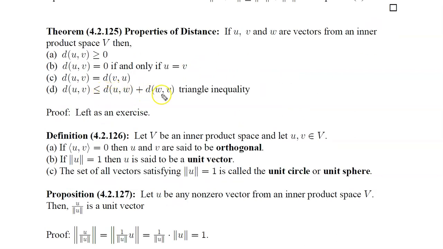Let's actually take a look at the proof of part D, even though I said to leave it as an exercise. So if we start out with the left-hand side here, remember that is just the norm of u minus v. Now what we're going to do is a little trick where we add a vector in and subtract it back out. So notice that this is equal to